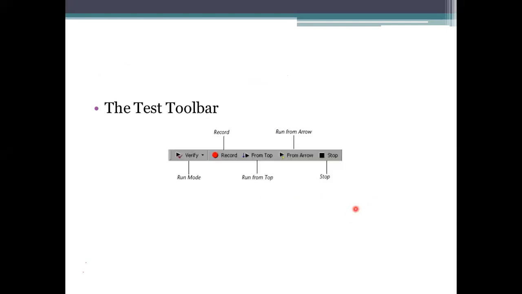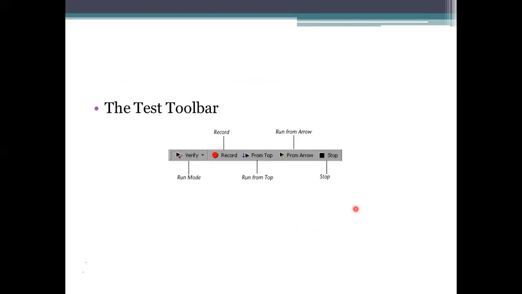And coming to the next one, the testing toolbar, which is used for testing. While running, we need to take this information for processing. Here we have some button appearances on this toolbar, which are used for run mode, and verify here.